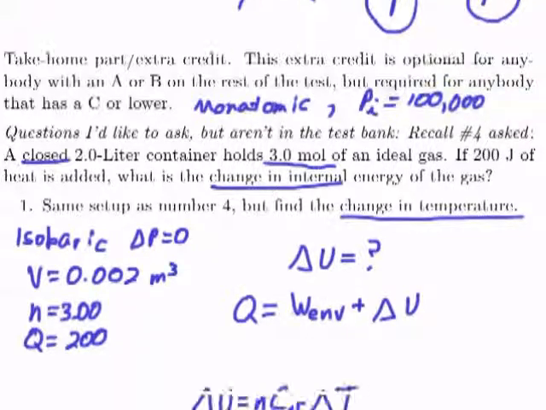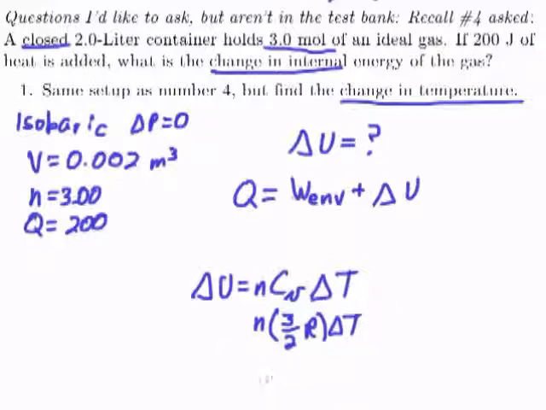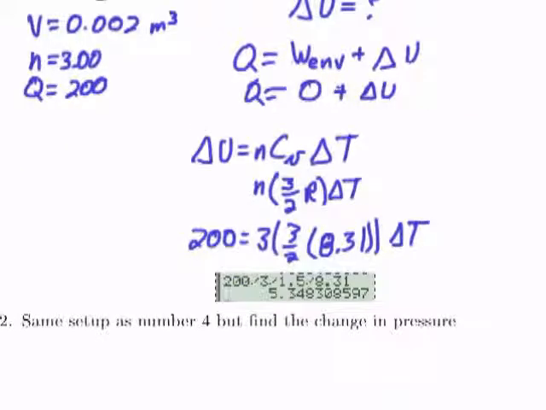We won't need the initial pressure for this part, but N C sub V is going to be 3/2 R delta T. Since the work done on the environment is 0, delta U is equal to Q, so this is going to be 200 equals, our number of moles is 3 times 3/2 times 8.31 times delta T. And after a little bit of calculation, I get delta T is equal to